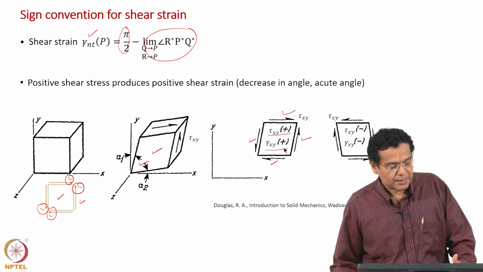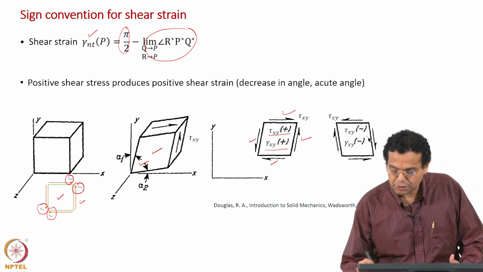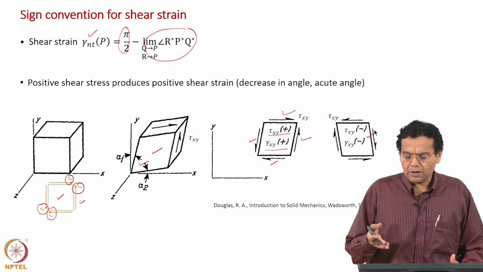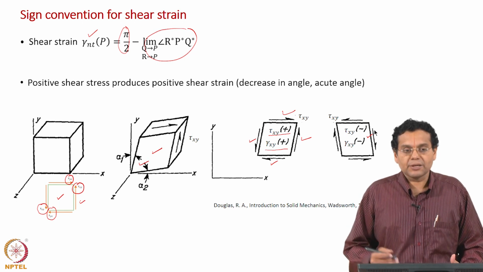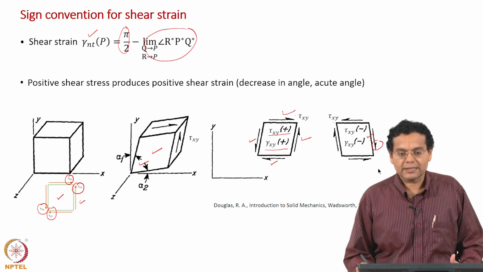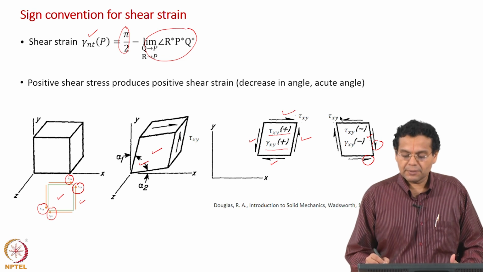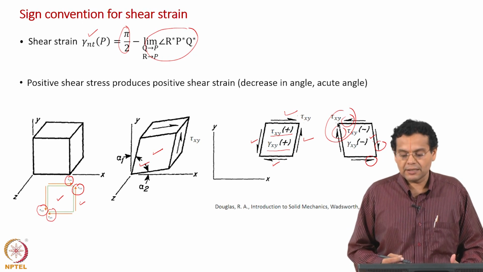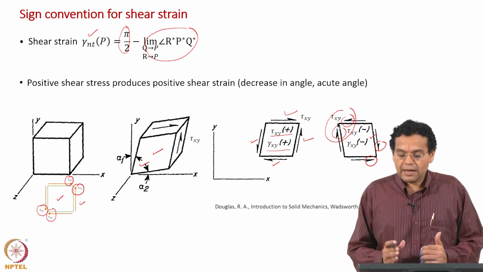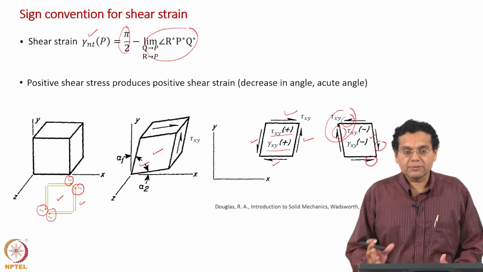Now, let us discuss the reverse condition, and that is what is shown here. Now, all the shear stresses are negative here. Why? On a positive phase the force is along negative direction, on a negative phase the force is along positive direction. Similarly, here also on a positive phase force along negative direction, on a negative phase force along positive direction. So, the action of forces according to this direction are all negative shear stresses.